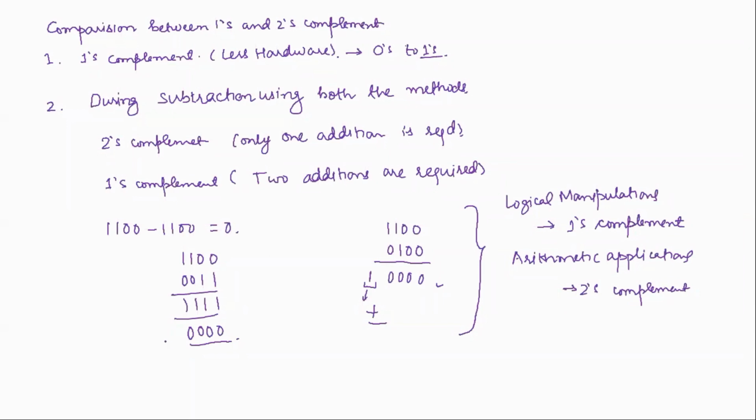So here you will see your answer is 0 minus 0 0, this thing. Here your answer is positive. The answer is the same, but you're getting two different answers because no carry is there. If carry is not there, then you will know that the 1's complemented answer is negative, but that is not the case. Here carry is there, the answer is positive. So 2 zeros are there, problems will be there. So this kind of problem tells us that whenever you are using logical manipulations, you will use 1's complement, and whenever you are using arithmetic applications, you will use 2's complement. So this is the entire thing.